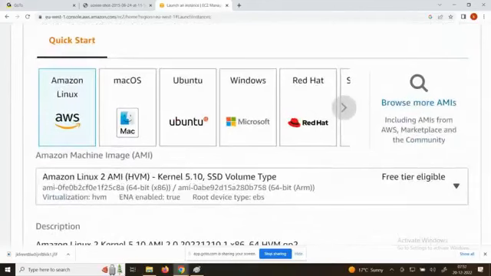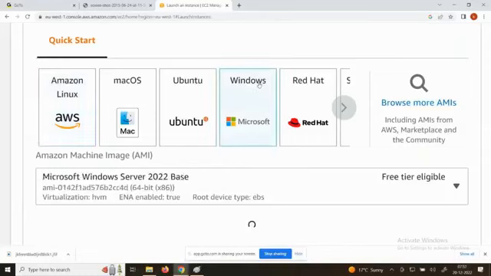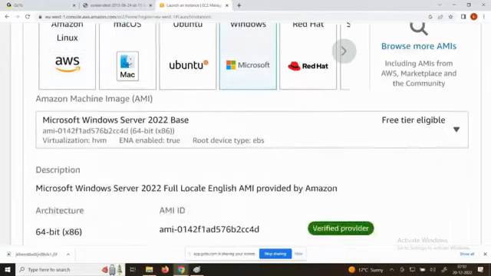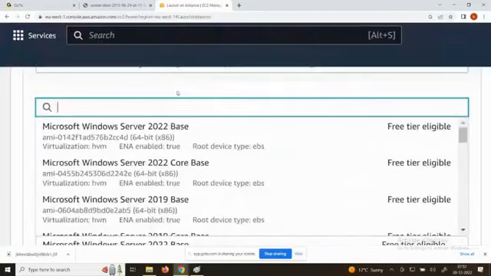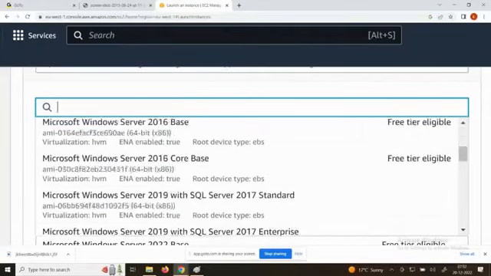I can select Amazon Linux. I can go for Mac. I can go for Ubuntu, Windows, Red Hat, SUSE. All these things you can go for. Now he will come up and say, sir, I want Windows Server 2012. Now you click on it, right? AWS will provide you whichever operating system you want. You will go and provide Windows Server 2012, 2019, 2016, whichever are there. Everything you will get, like operating system.